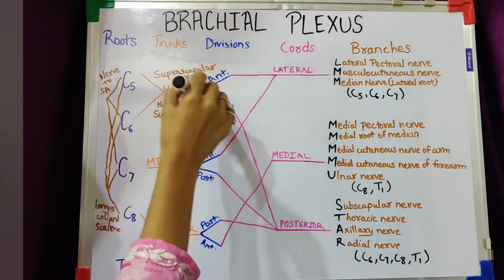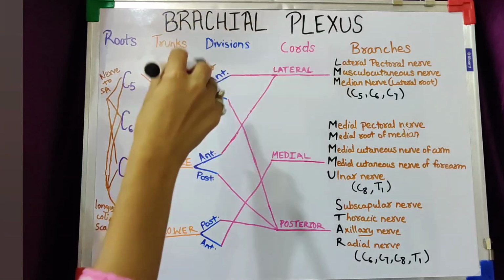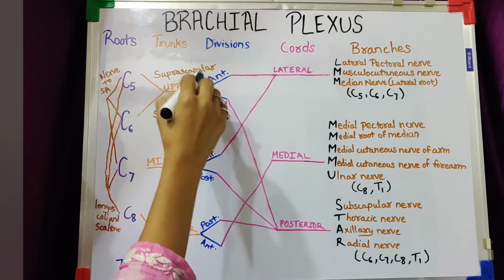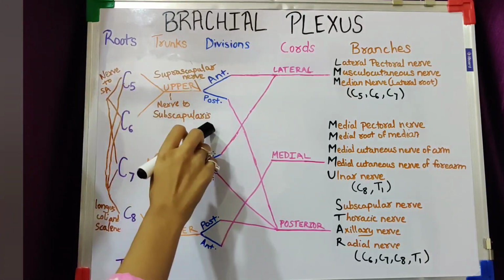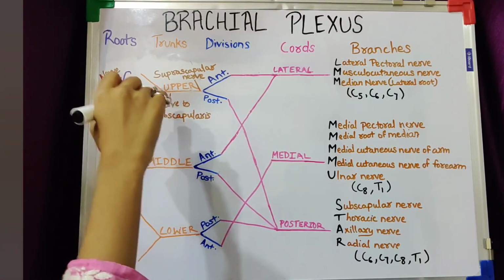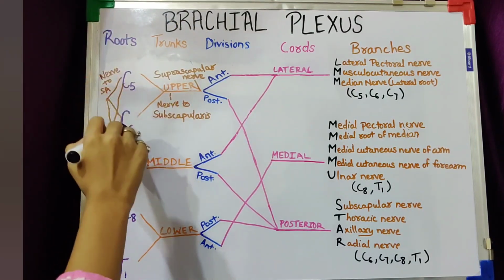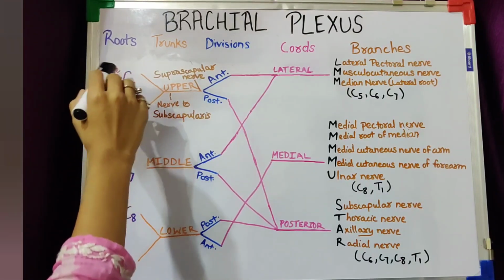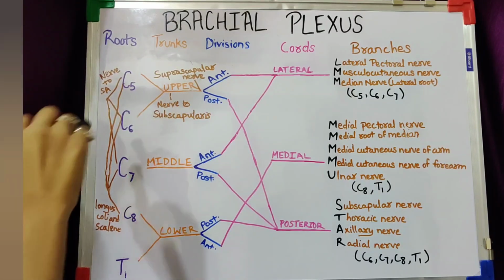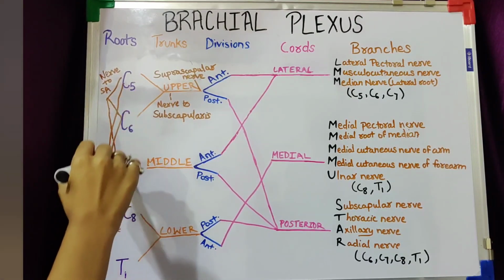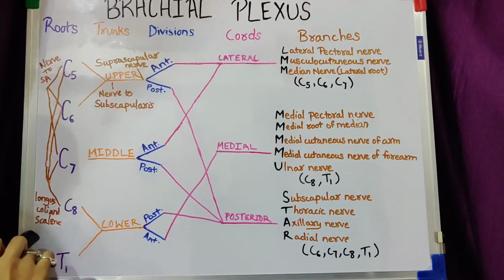In the brachial plexus, these are the terminal branches, but there are a few nerves that arise from other places in the brachial plexus other than the terminal branches. So which are these nerves? The first one is the suprascapular nerve that arises here in the region of the upper trunk. Second is the nerve to the subscapularis that arises from this region. Another nerve that arises from the root values of C5, C6 and C7, as you can see here, is the nerve to serratus anterior. The last nerve that arises from the roots is formed by the C5, C6, C7 and C8. That is the nerve to the longus colli and scalene muscles.